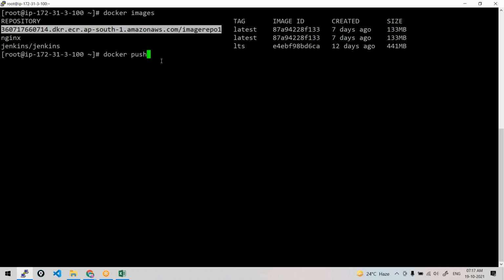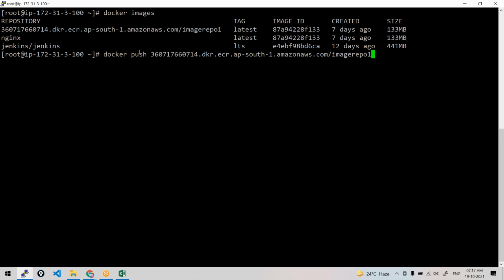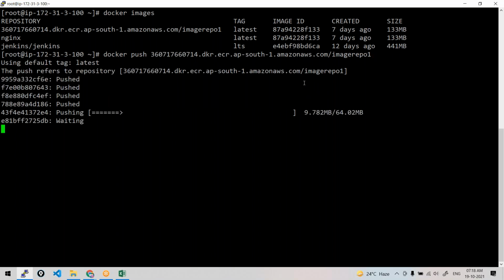Where does this go? Will it go to Docker Hub or AWS Container Registry? Obviously, AWS Container Registry, right? We need not tell explicitly where that image should go. Your image name speaks a lot. That's why you need to understand the naming concept of an image. You need not tell it should go to this registry, this repository. Your image name should tell everything. So it goes to this particular registry, repository. The tag comes later, so you need not write it.